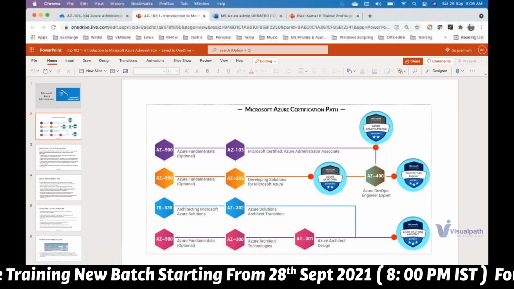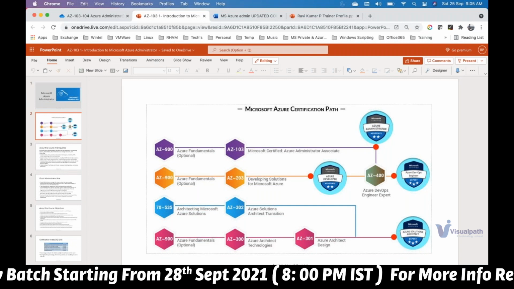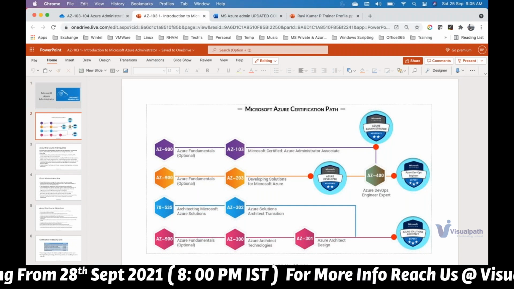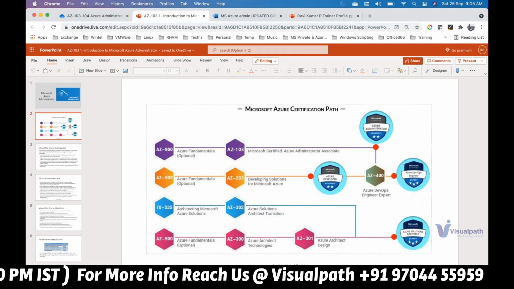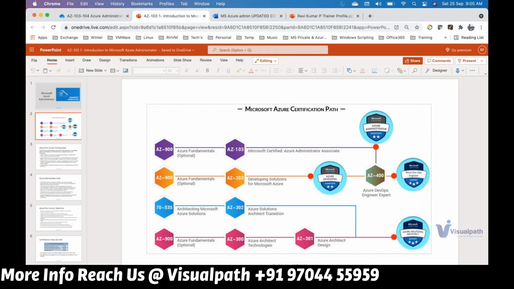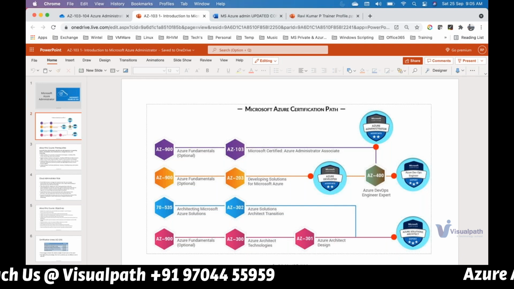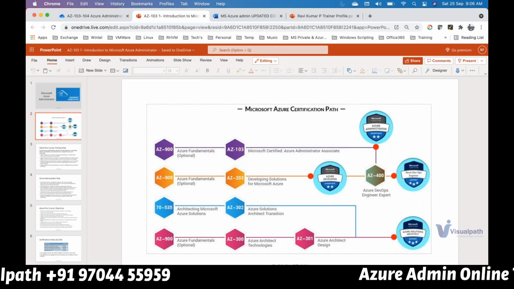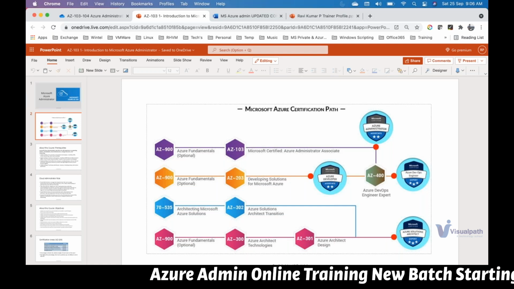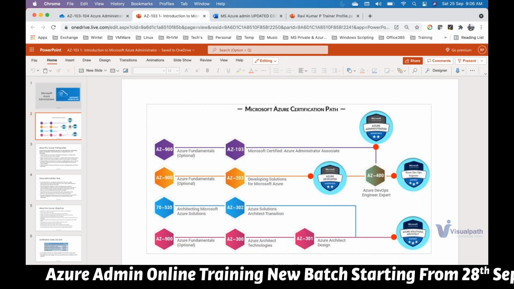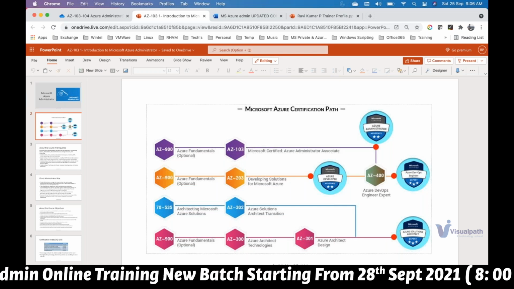So any questions on the day-to-day activities, let me know. Otherwise, I'll just show a simple demo. So if you want to host an application where you require some server, right? How do you put a request in Microsoft Azure? How do you get the service, how do you connect, and how do you use it? Yeah, any doubt, any questions on this?